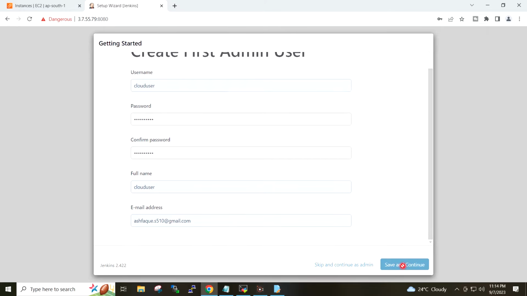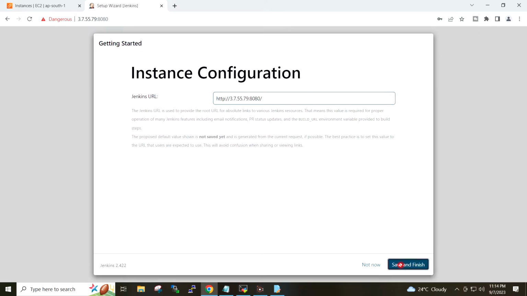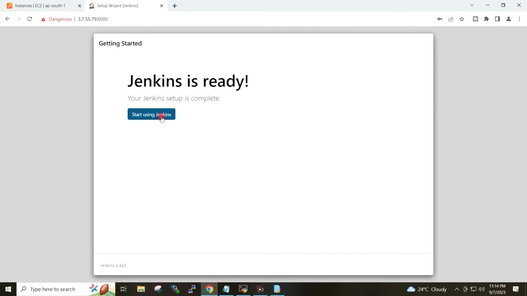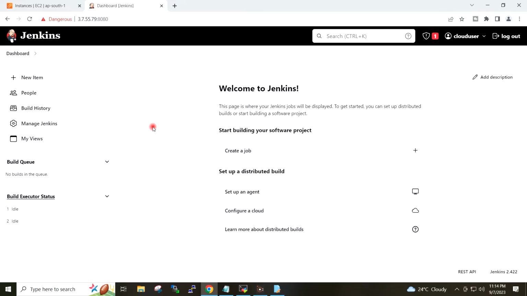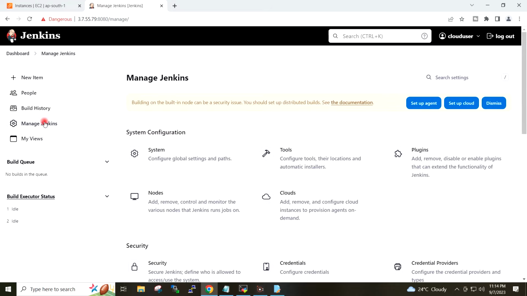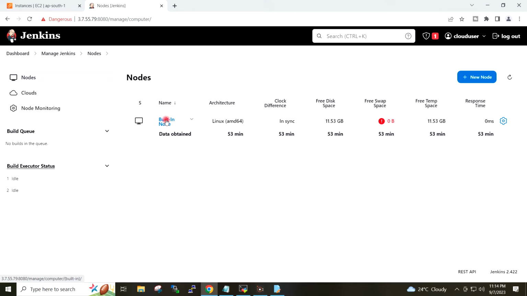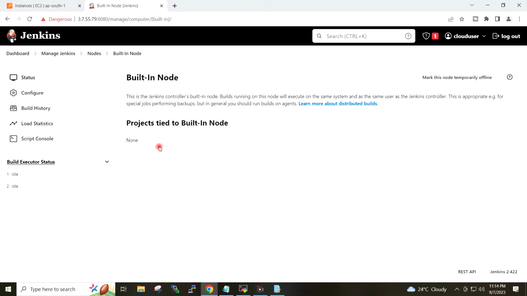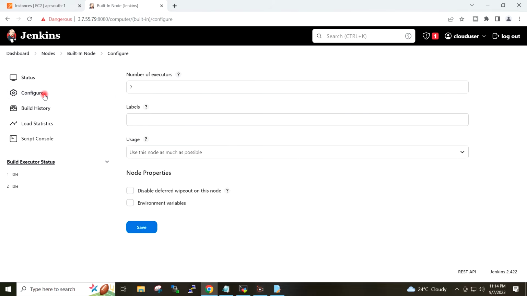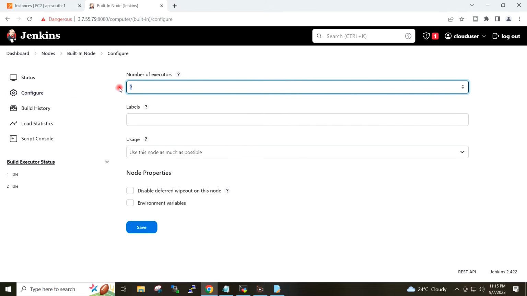Save and continue. Save and finish. Start using Jenkins. I will go to Manage Jenkins, and under system configurations I will go to nodes, built-in node, configure, and number of executors I will make 0, and I will save it.